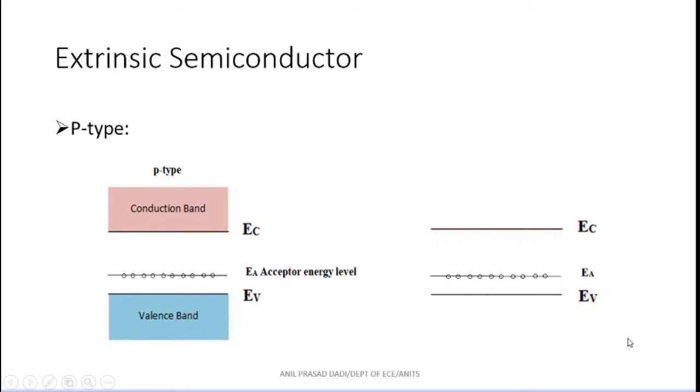Now can anyone tell me, I want my holes to be in the valence band. Here I want my holes. So under what condition will I have holes here? High temperature, sir. Increasing temperature, sir. No. Don't bring in the temperature. We are no more interested in temperature. That is why you brought into the picture the process of doping. Again, if you say that I want to increase temperature, electron hole pair generation takes place, the electrons and holes increase, and your whole purpose will be deviated. So no, don't bring temperature into consideration.